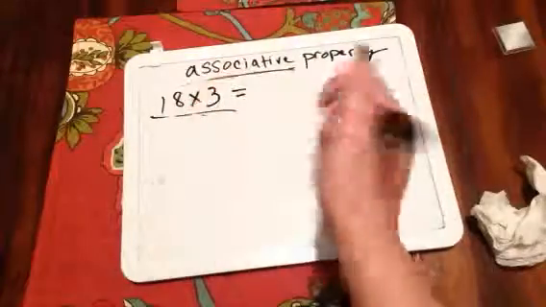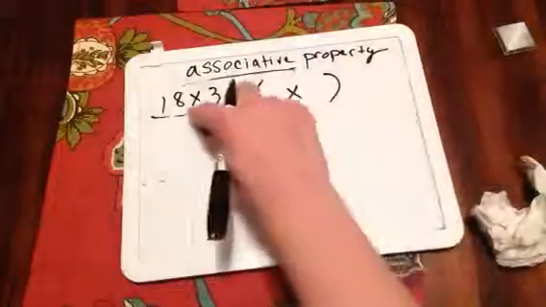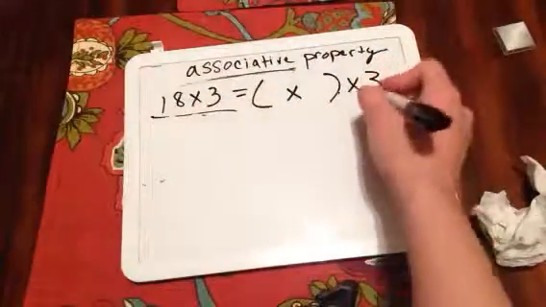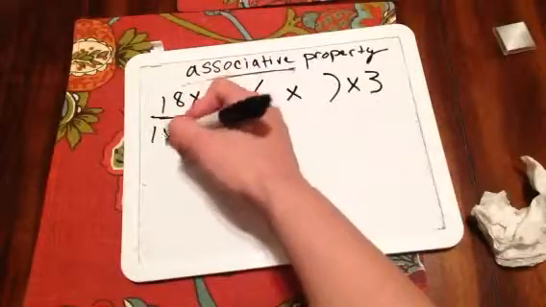So let's look at 18. We know that there are two numbers, they're multiplied together, and then we're going to multiply 3. We're going to bring that over. Well, I'm going to look for my factors, right? So 1 times 18, that's